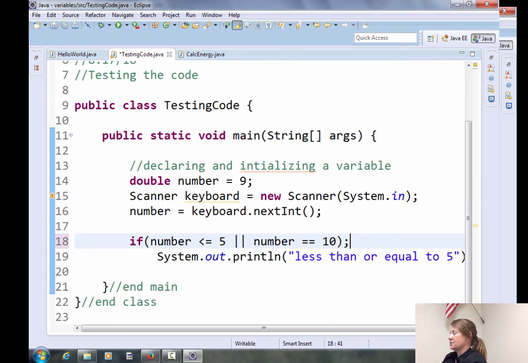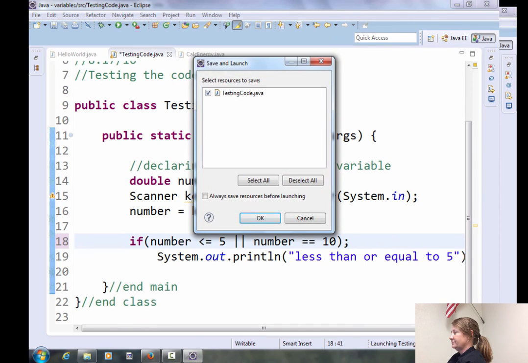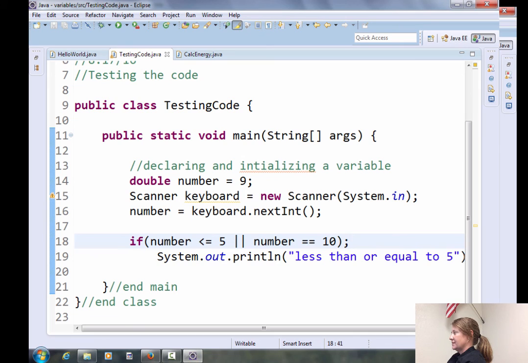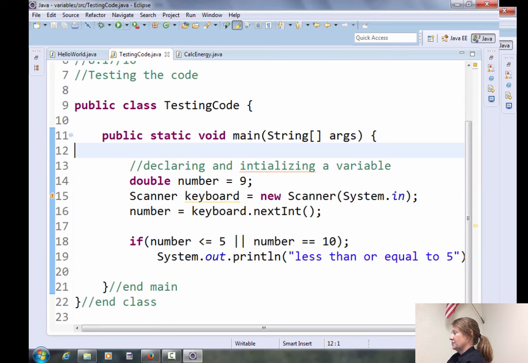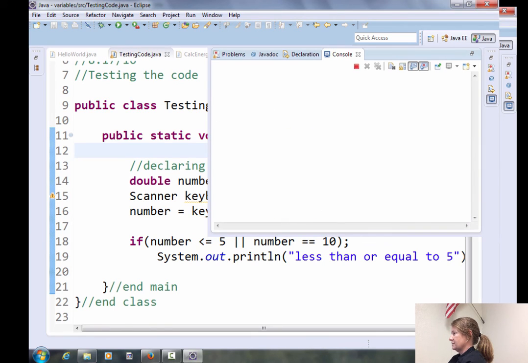What if I put a semicolon right there? Notice that I do not get any kind of red underlined error. Everything seems okay, and actually my program will run. If I ran this and typed in something, what is it doing? Can you tell what it's doing? What if I typed in 89?